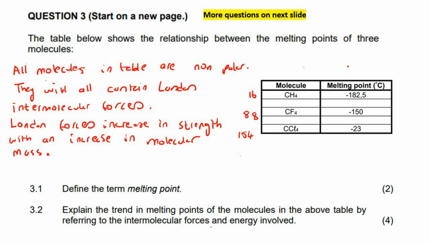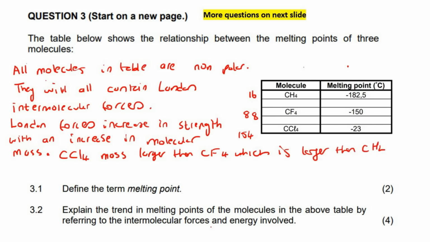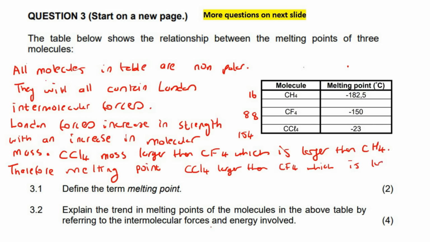Okay, we now need to just say that we can say that CCl4 mass is larger than CF4, which is larger than CH4. Okay, so we can say something like, therefore, the melting point of CCl4 is larger than CF4, which is larger than CH4,